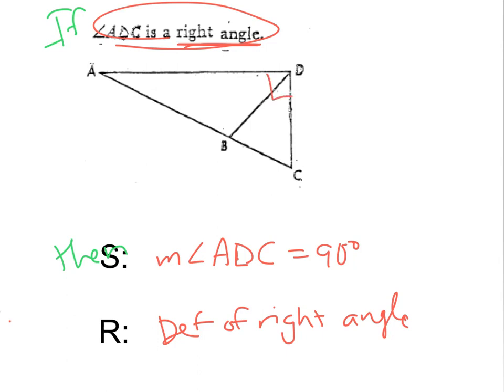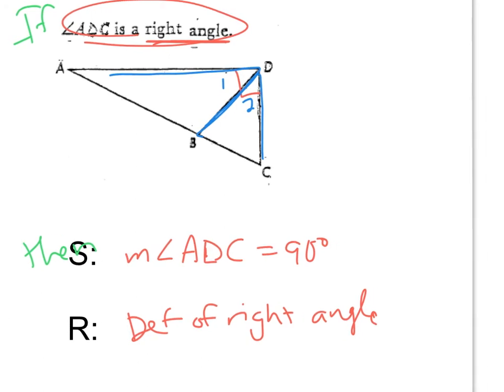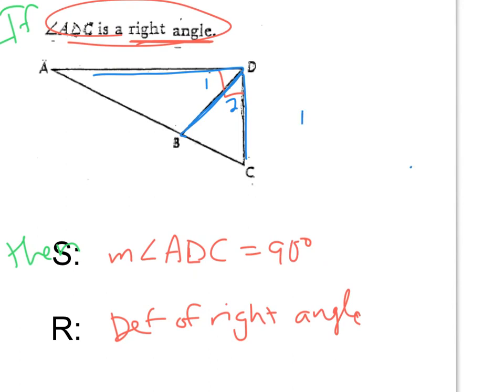That's the first conclusion. Now, I suppose that you are probably thinking, I'm going to try to read your mind here, and I'm guessing that you're probably thinking, if that's true, then angle ADB, I'm just going to call that angle 1 for a second, and angle BDC, angle 2, that you know a relationship between those. If they make the entire angle, then together they're going to have to add up to 90 degrees. I absolutely agree with you. However, we can't go straight to saying something like measure of angle 1 plus measure of angle 2